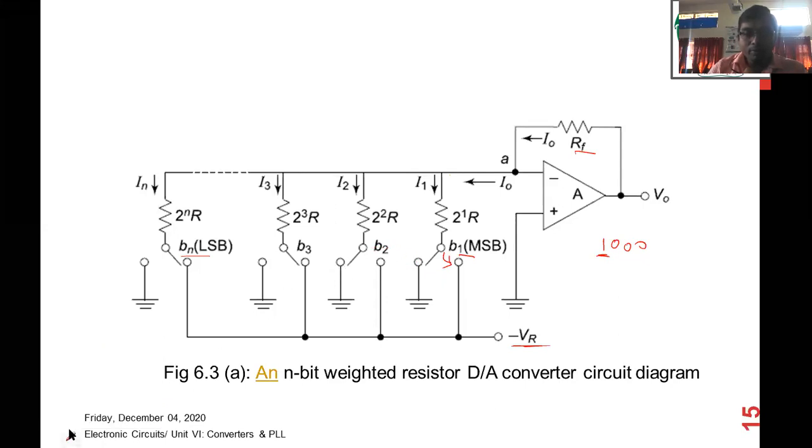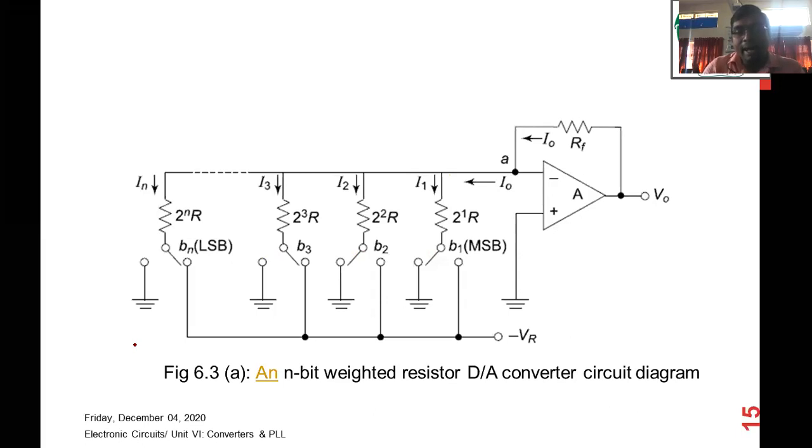So in this way the connection would be switched from one bit to another bit. So depending upon the value of the binary data, maybe suppose it is 1 0 0 1 0 0. In this condition B1 is connected to ground and B2 is connected to the minus VR, and the rest would be connected to the ground. So depending upon your binary pattern, the connections would be switched between each point here. So please note down this diagram.